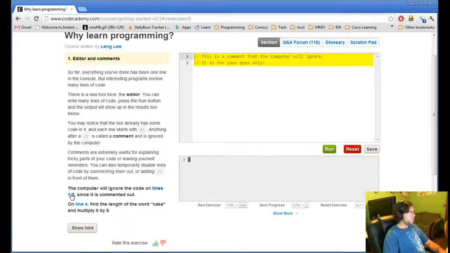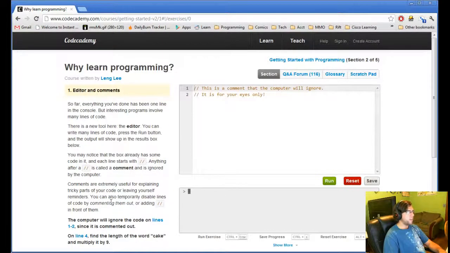Look at that. On line 4, find the length of the word cake and multiply it by 9. On line 4. Line 4. No. And I can't click in there.